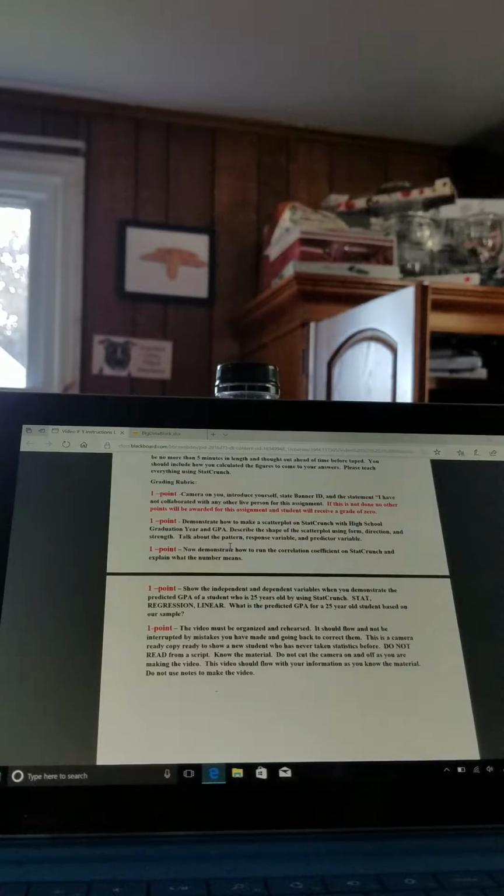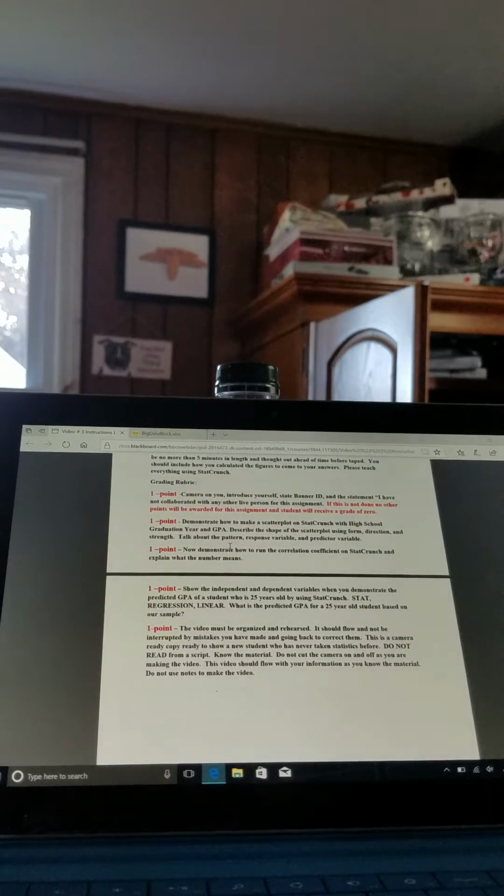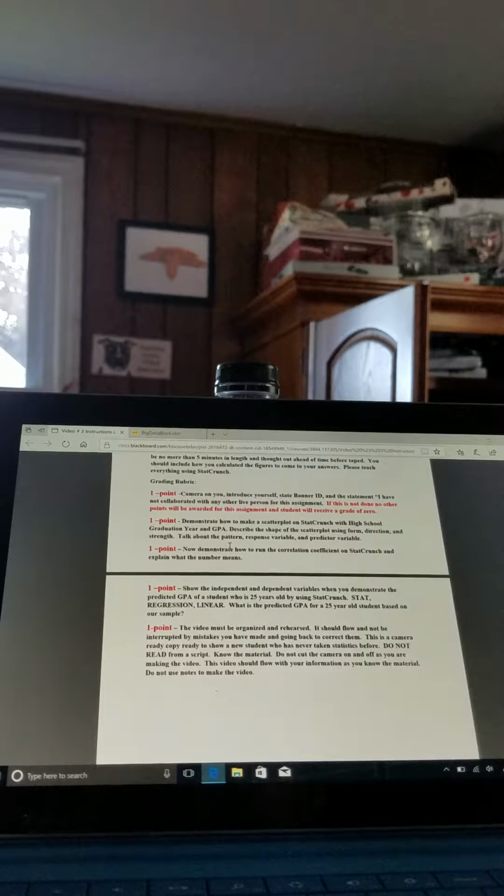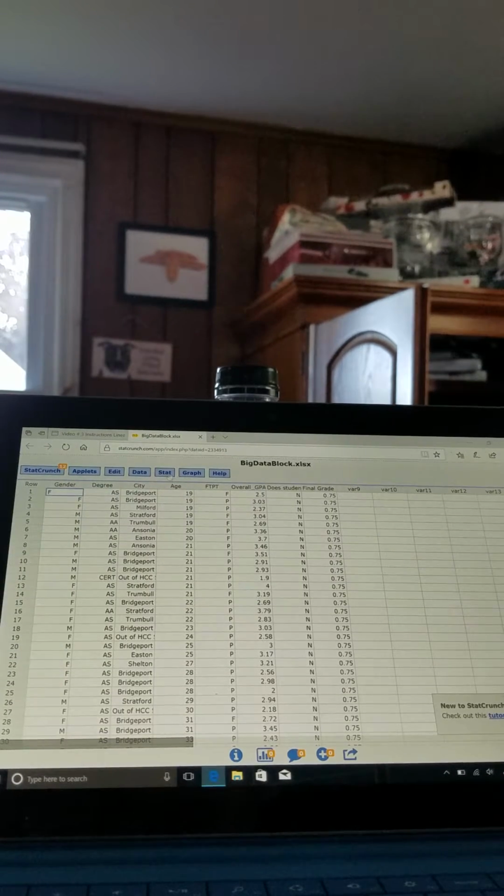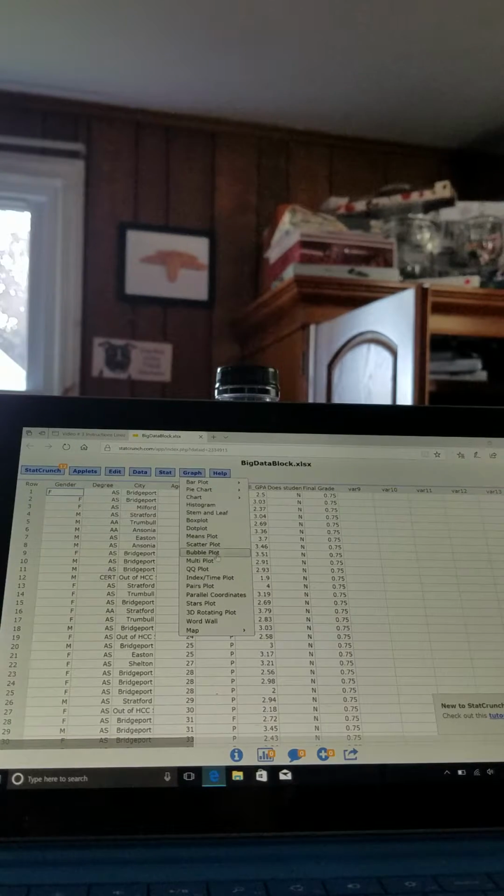We can also talk about its response, which variable is the response variable and which is the predictor variable. I can tell you right now that age is the predictor or explanatory variable, while GPA is the response variable, the variable of interest. Our response variable will lie on the y-axis, while our predictor or explanatory variable will lie on the x-axis. And we're going to come here to StatCrunch, and we'll go into graph, and we come down to scatter plot,